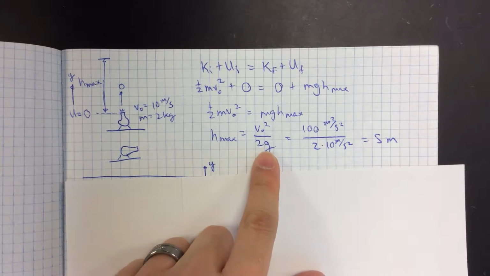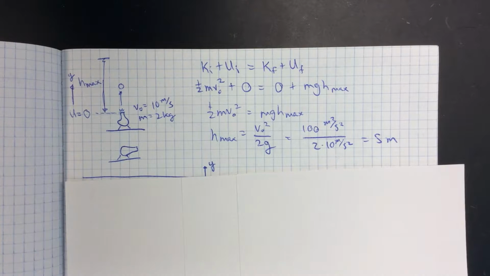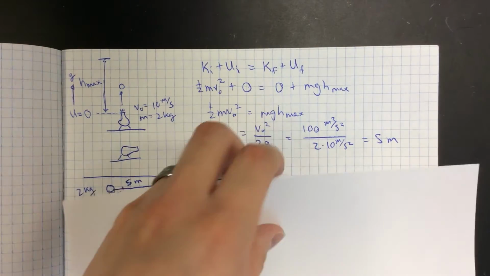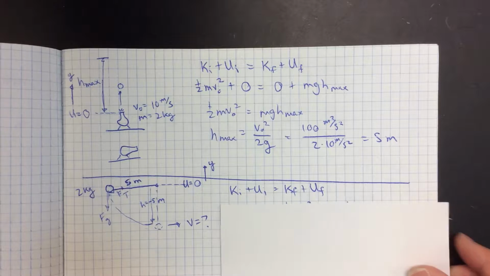Okay. So then you solve for h, and you can get something like 5 meters. This is the easiest kind, what I have my freshmen doing. You just take gravitational potential energy, transform it into kinetic energy, and transform it back and forth. That's all it is. How about we take a similar situation, but do it in reverse. Let's say you have